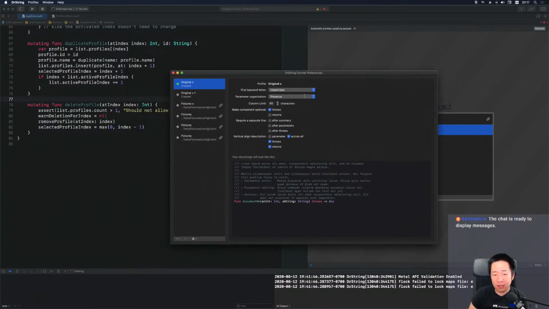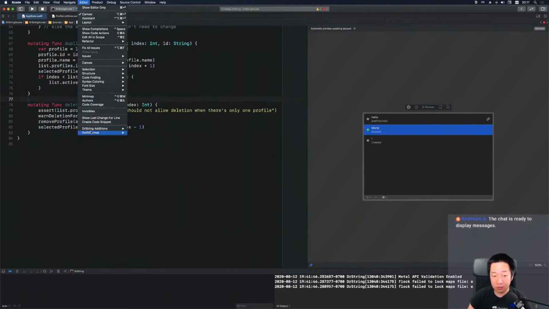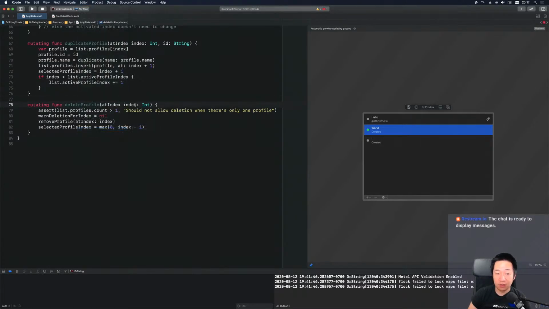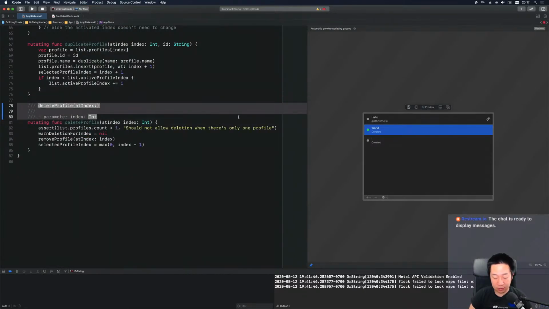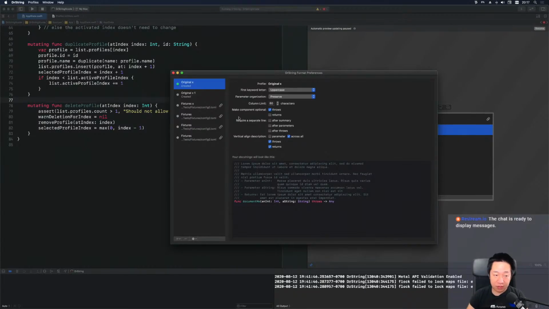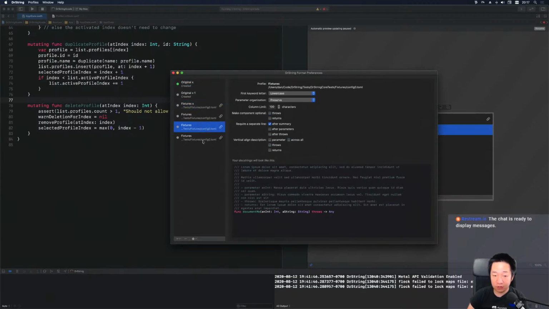It's a what you see here is the configuration for its counterpart, which is the Xcode plugin that formats your code. Okay, so when you install that app and you open Xcode, you get this additional thing here, which will generate doc strings for you. And the doc string can be in various formats with a lot of nuances, and that's what you use this app for. You configure it, and then you can activate. You can have different profiles for different projects, and you can manage the profiles. You can activate them,